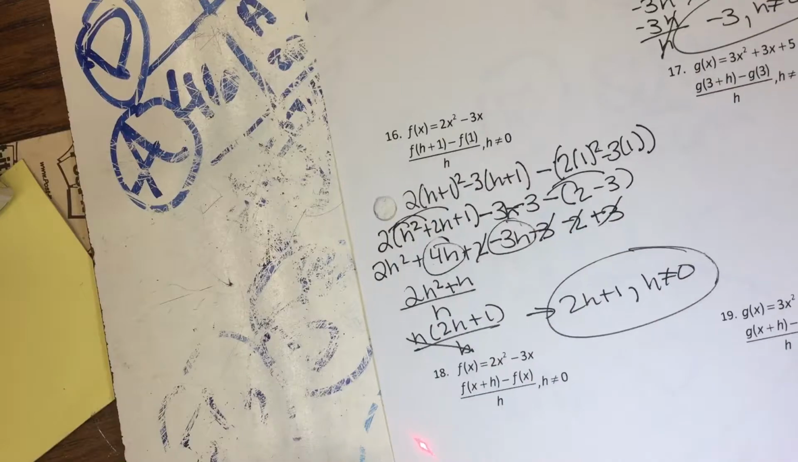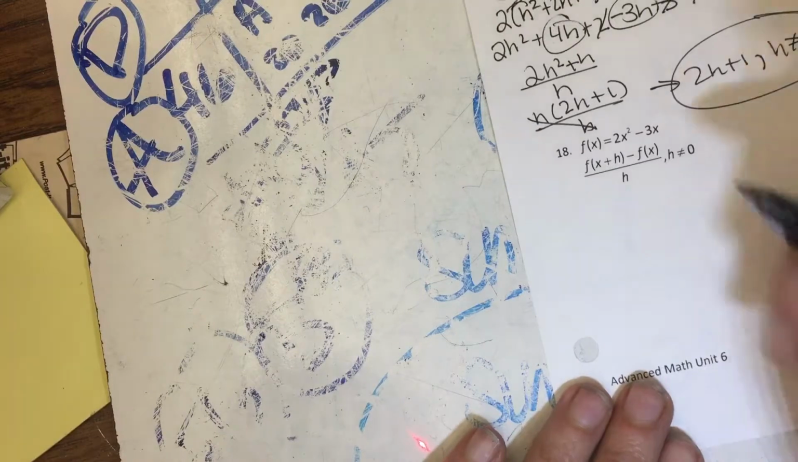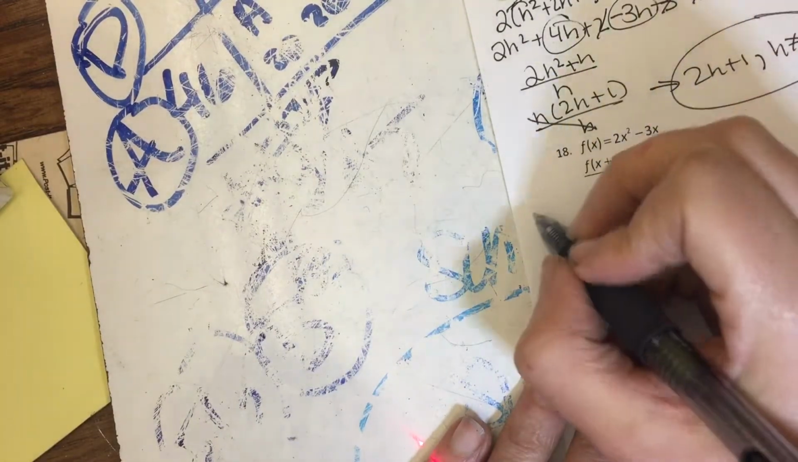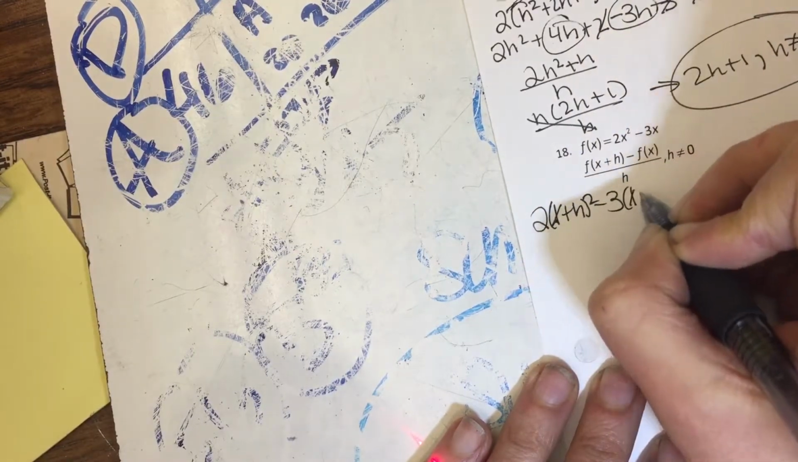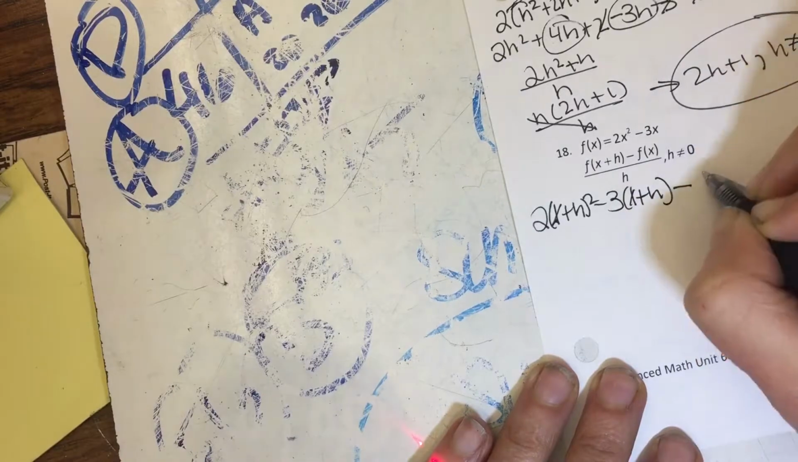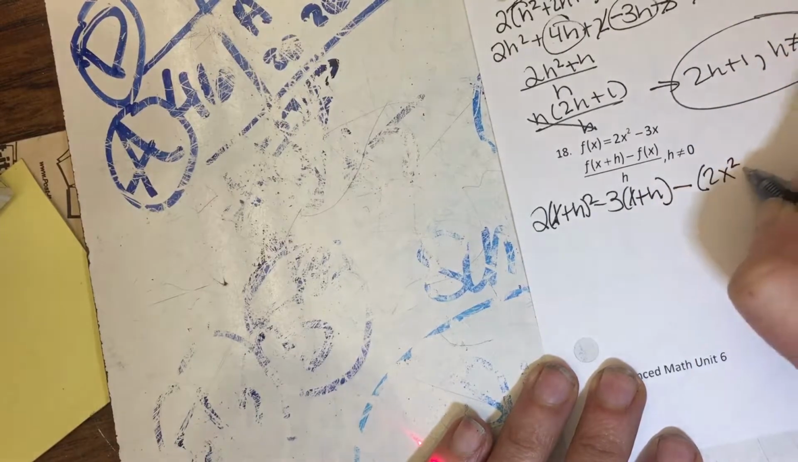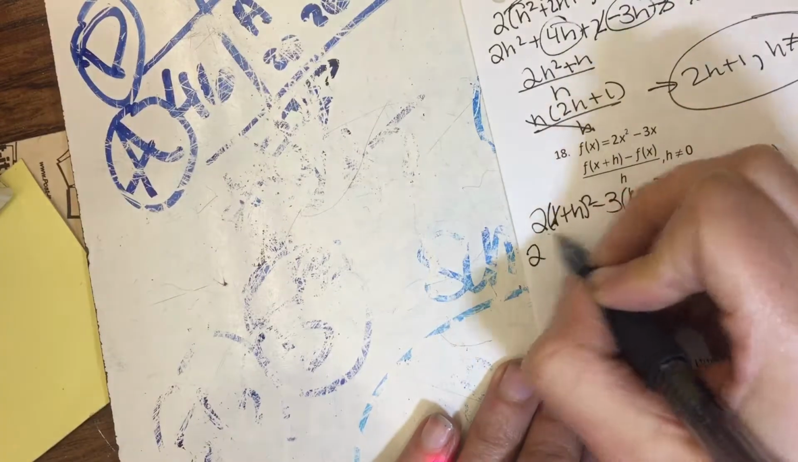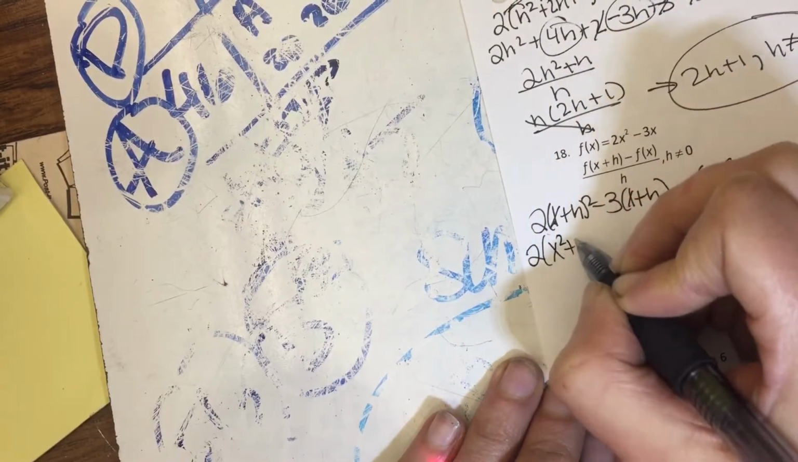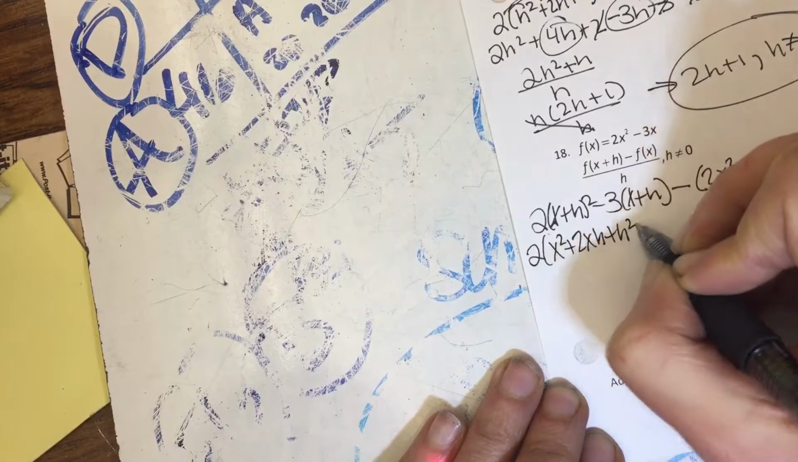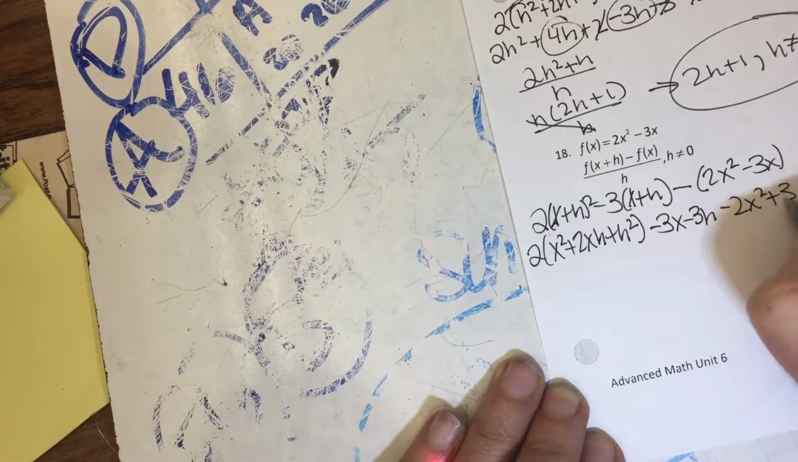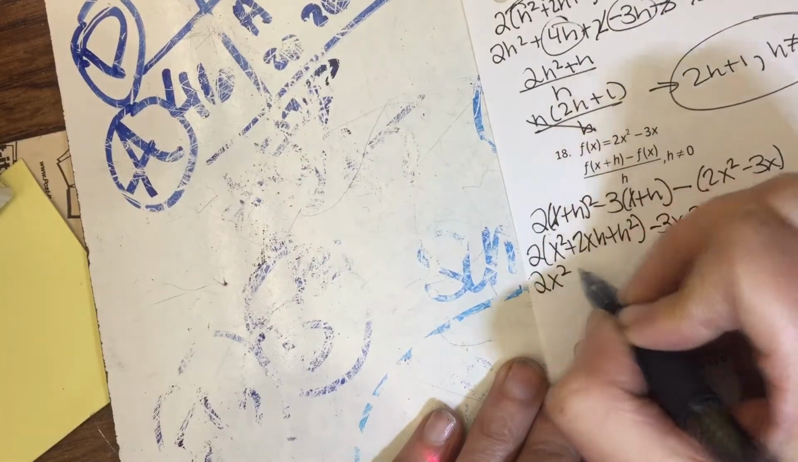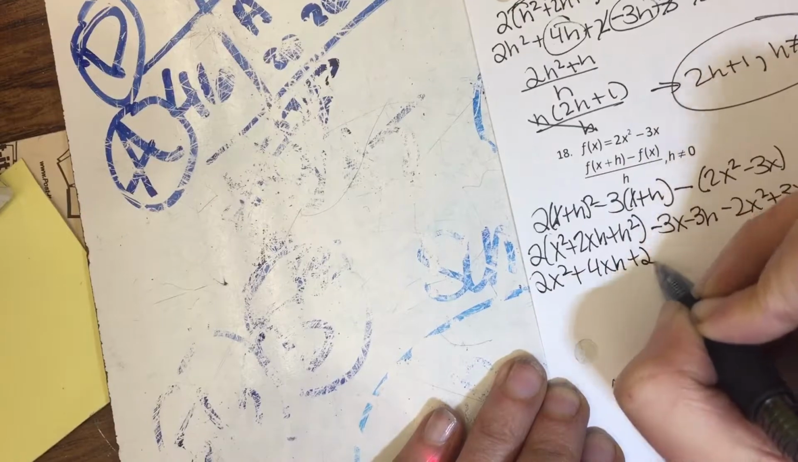Okay. All right, I'm going to do one last one, number 18. Okay, I'm plugging in x plus h into this one now. 2 times x plus h squared minus 3 times x plus h minus, and then it was 2x squared minus 3x. Okay, I know when I FOIL that out, I'm going to get x squared plus 2xh plus h squared minus 3x minus 3h, and I'm just distributing. Okay, 2x squared plus 4xh plus 2h